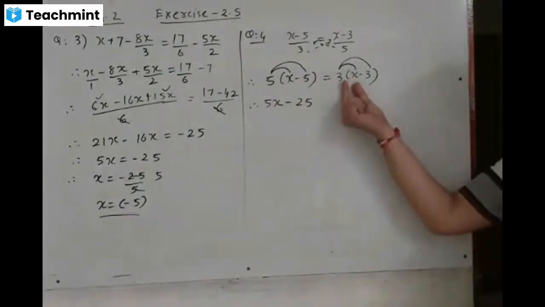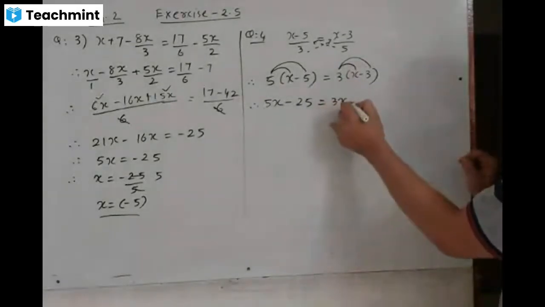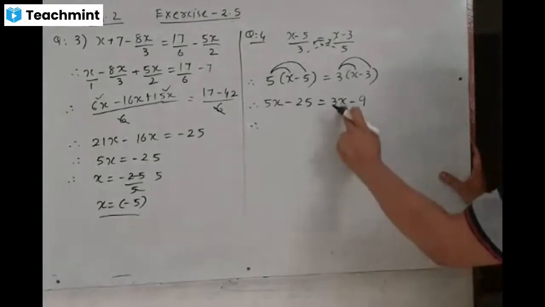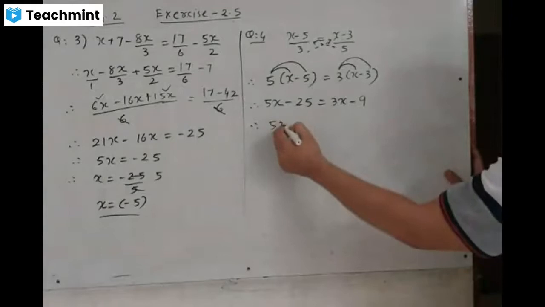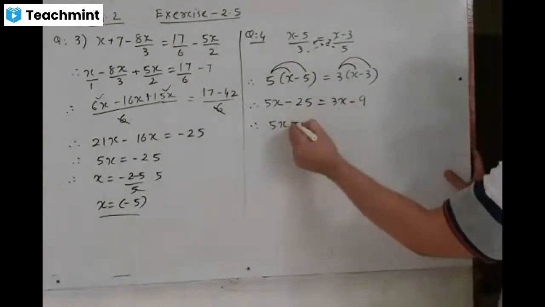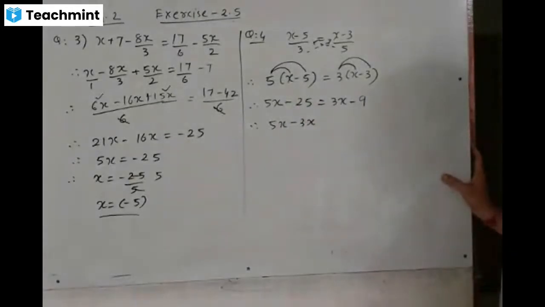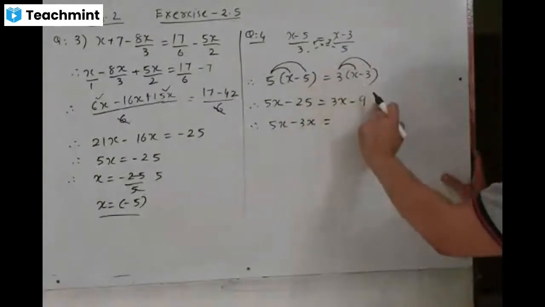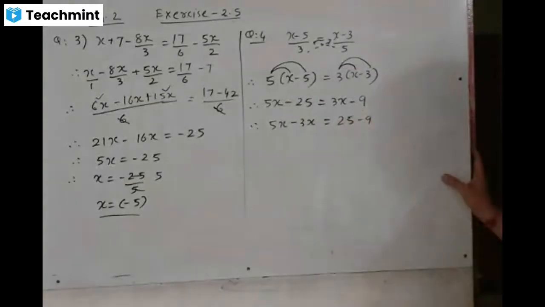Then next step is 3 into x, 3x, and 3 3s are 9. Clear? समझ में आया? Okay? चलो. Then 3x transposing to right side, variable term to variable term. So 3x transposing right side, that is positive 3x, transposing right side to left side, that is negative sign. 25 negative term transposing right side to left side to right side, that is positive 25 and minus 9.